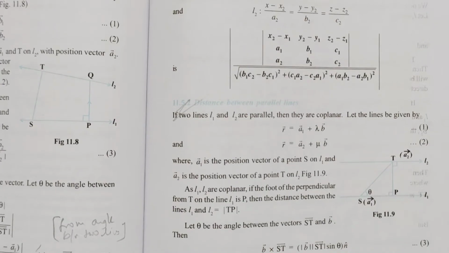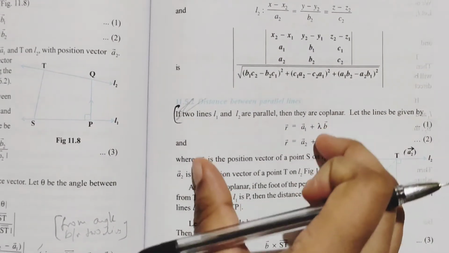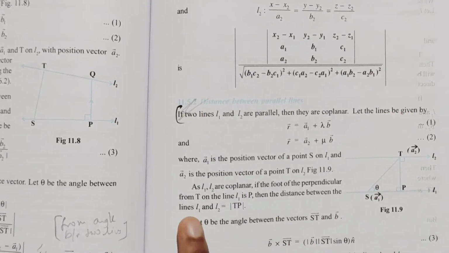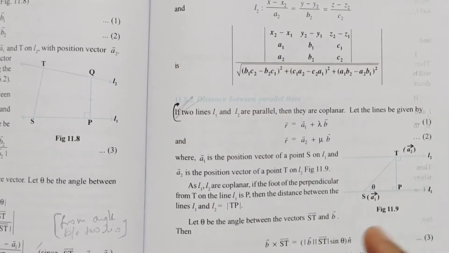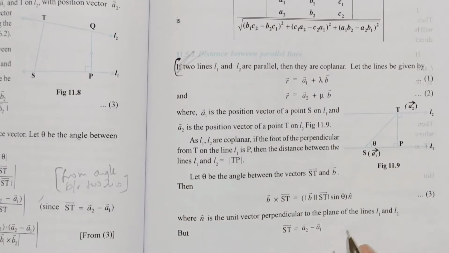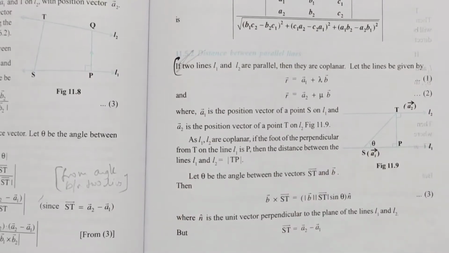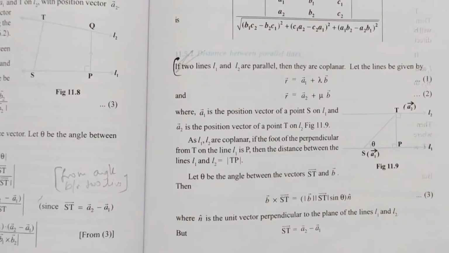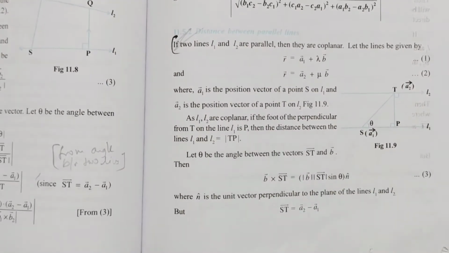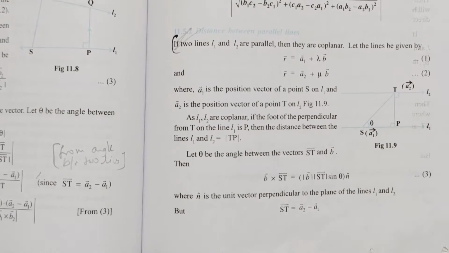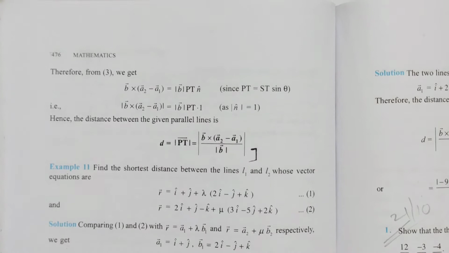So you have to write from here: two lines L1 and L2 parallel, the same as what I have explained, the distance between lines L1 and L2. I've taken modulus TP. For that case they have changed ST and sin theta and replaced it with PT. Everything is there, just pause the video to note it down. Till here you write, write the whole part.